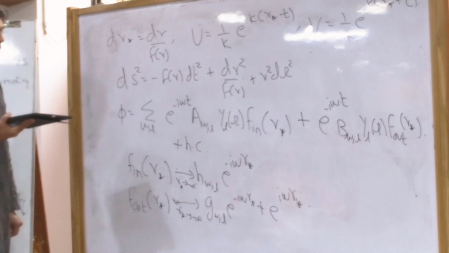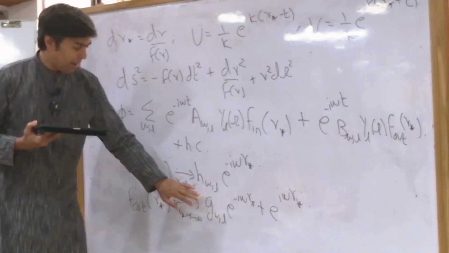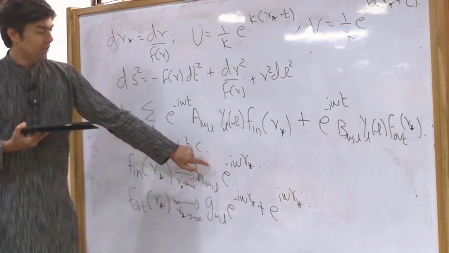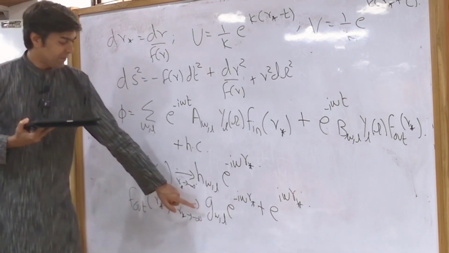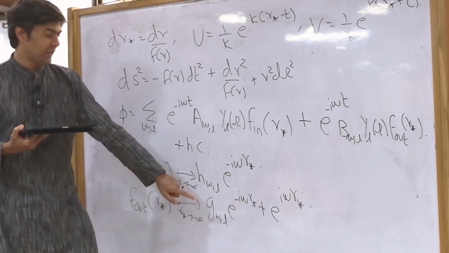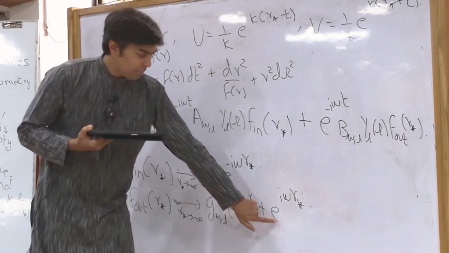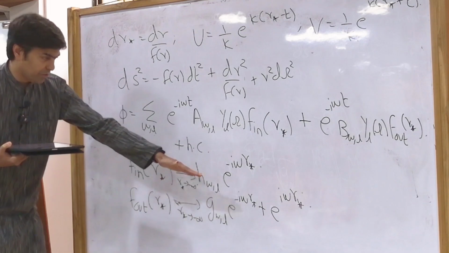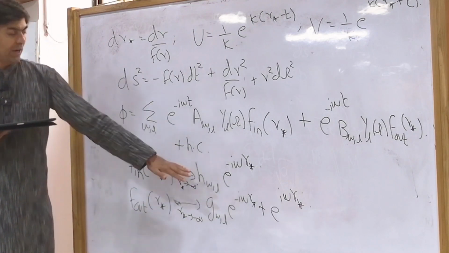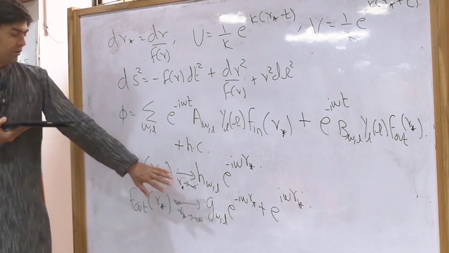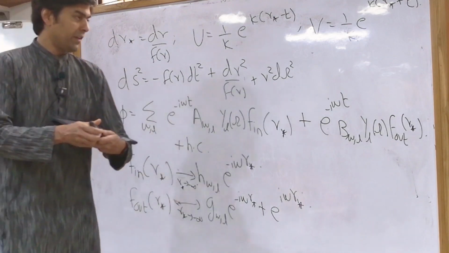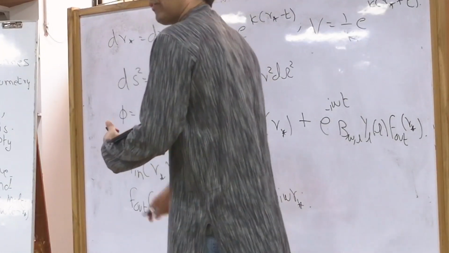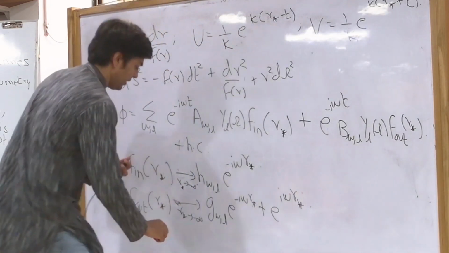Rather, you take some solution which looks like some c number h omega L, this is not an operator, times e to the minus i omega r star, and some other number which looks like g omega L times e to the minus i omega r star plus e to the plus i omega r star. What is the property of this solution? Why do you take these funny numbers? Why do you have to take these linear combinations? The reason does have to do with boundary conditions, because this solution f out r star has a property that